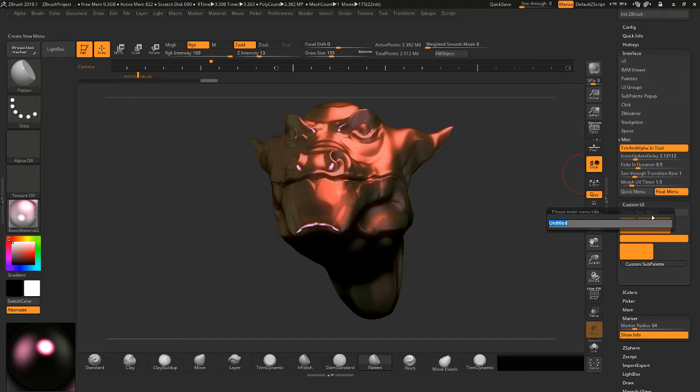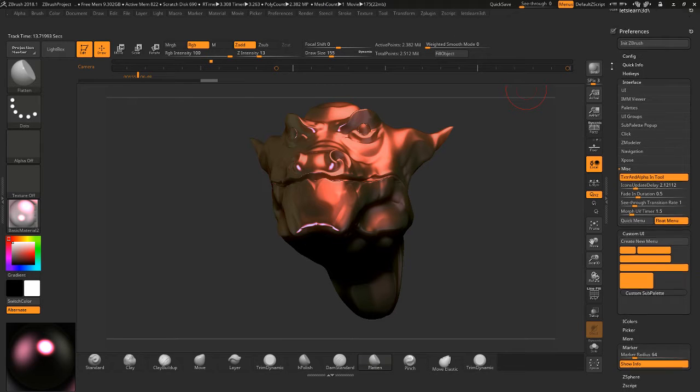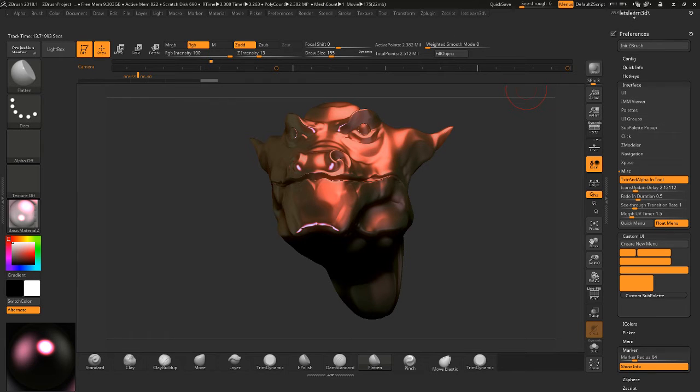Let's do it. So I have enabled customize on. Click create new menu, and I'll just call it Let's Learn 3D. Oops, make sure you click in there. It's highlighted in blue. Let's Learn 3D. I'm going to click enter. You can see I just made a menu right here. I literally have my own menu, a custom menu. And then if I dock that menu for the Let's Learn 3D,